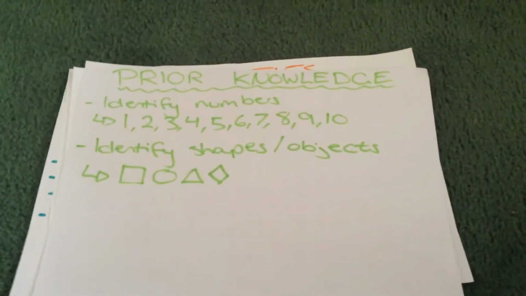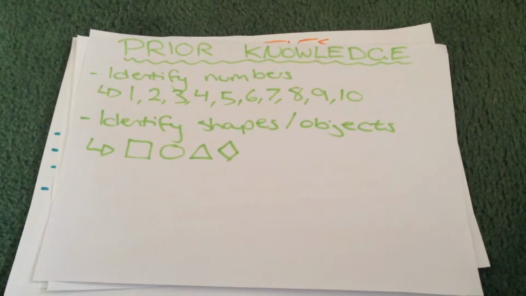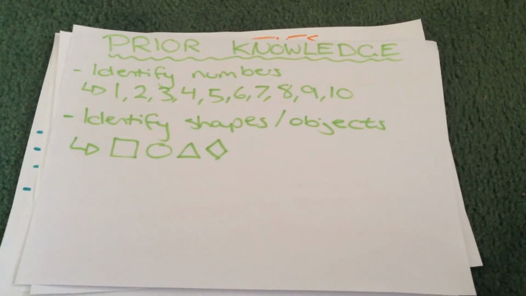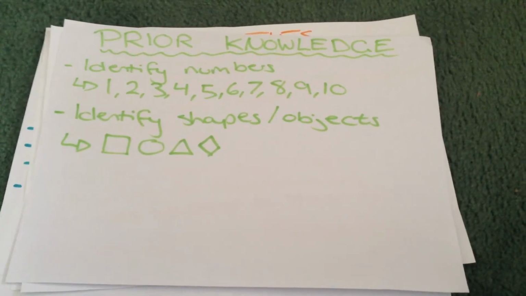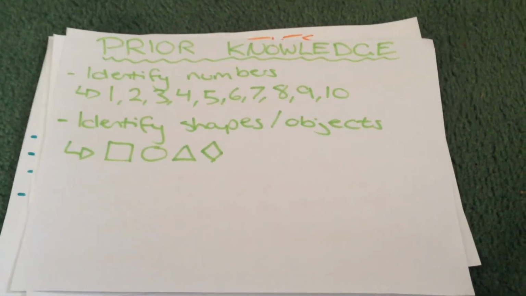So prior knowledge for this. For a grade 1, the prior knowledge needs to be that they need to identify numbers. So they should be able to identify at least 1 to 10, but you could go further if you like. They also need to identify shapes and objects such as the square, the circle,